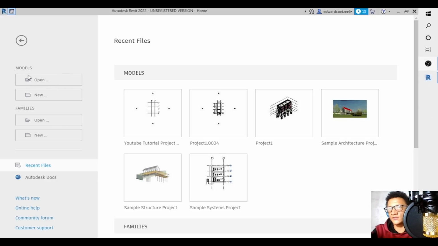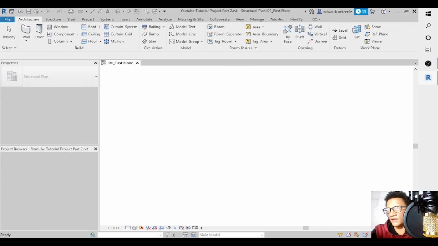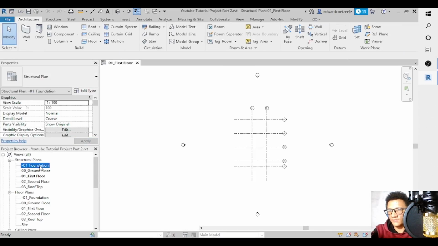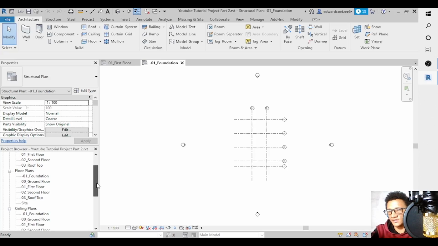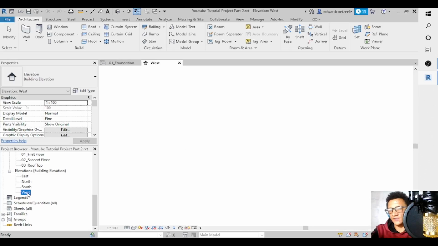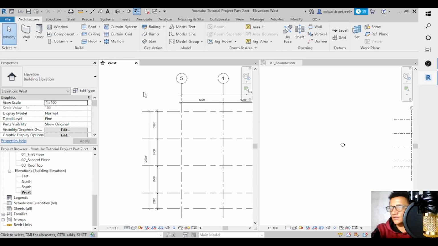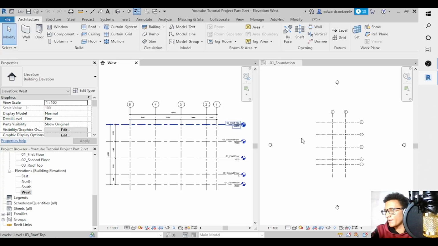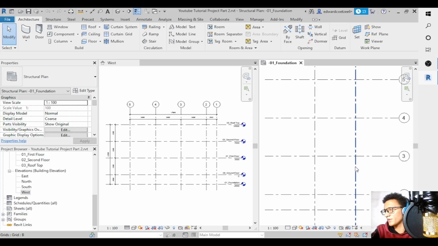What we are going to do is go to model open, and then go to the file where you saved your project. You open that, and you go to foundations, since foundations is the first level that we are working on. What I usually do is I also open up one of the elevations, and then I say WT ZA, and this is just going to help you to have a side view of how you are placing your elements, and if you are placing them in the right